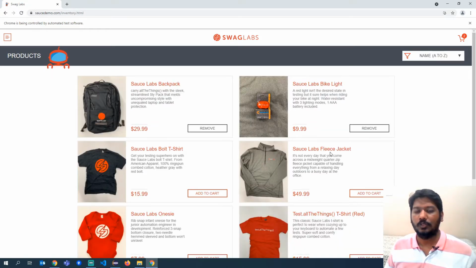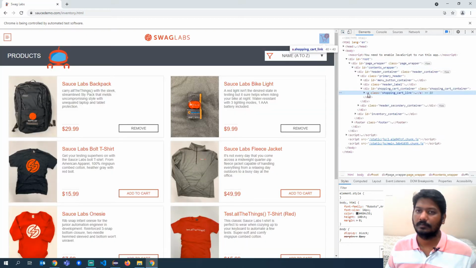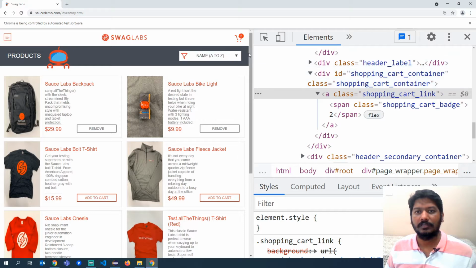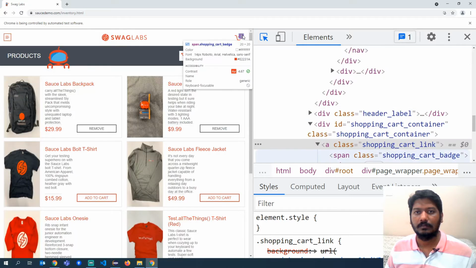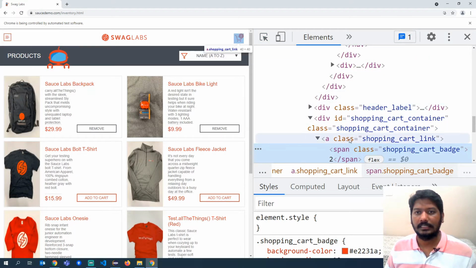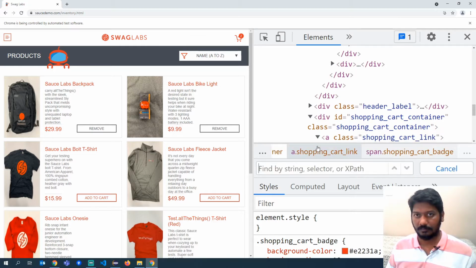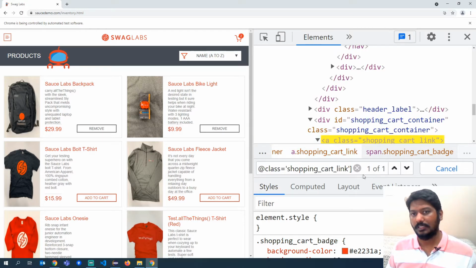Okay, so now you have to first click on this particular cart icon. So how will you do that? Right click and inspect. So it is basically a link. Okay, so if you see here, if I have to click this icon, the shopping cart icon, it says it is an anchor tag and it has a class called shopping cart link. So let us copy this, and now we'll create an XPath: anchor tag @class is equal to, and then the link. So we have only one object, so we can basically use this.